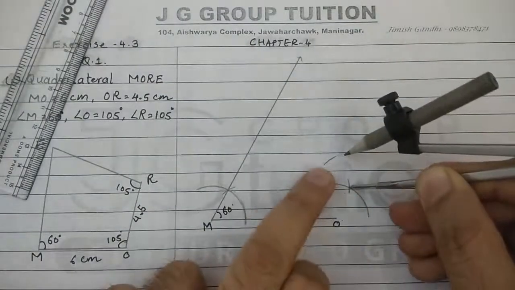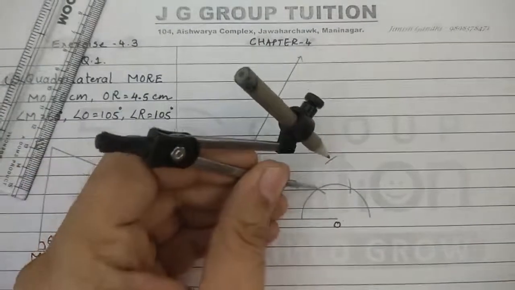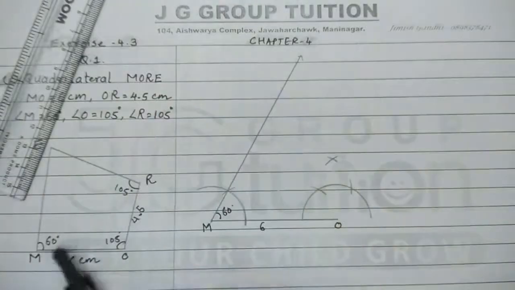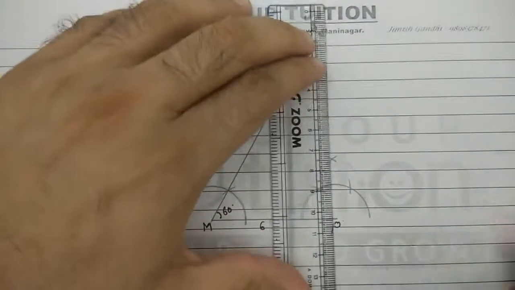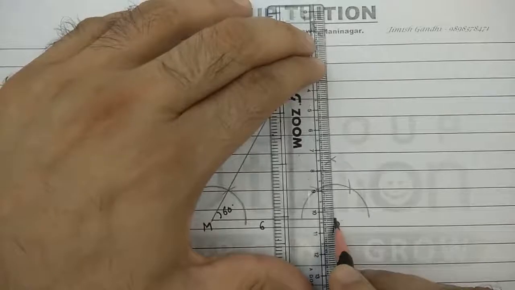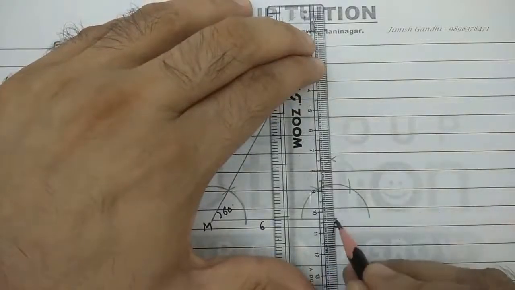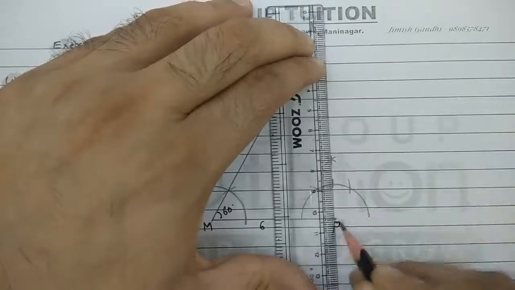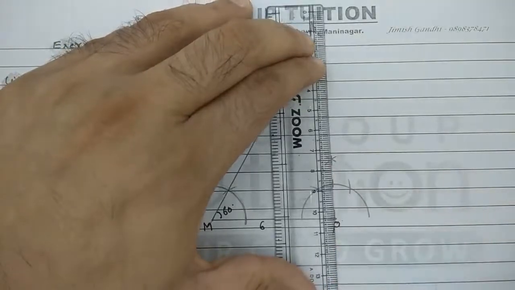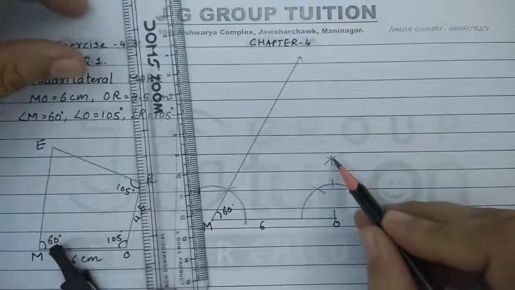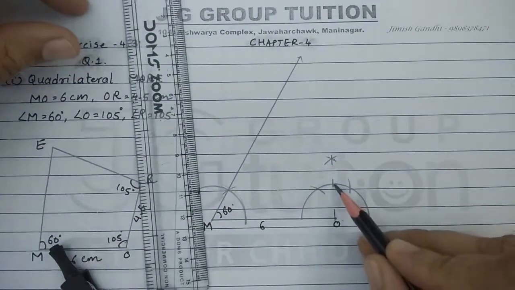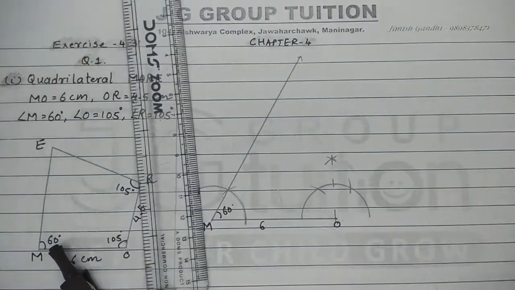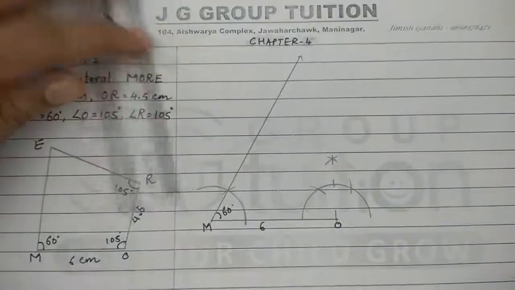I drew an arc from 120. With the same radius from 60 degree I'll draw another arc. You can see both are intersecting, so this becomes a right angle. Remember students, this is not the required angle, so we should draw the dotted line here. There are three dots we should make: one at the intersecting point, one at the main arc intersection, and third at the center from where we constructed. We have to construct 105 degree.